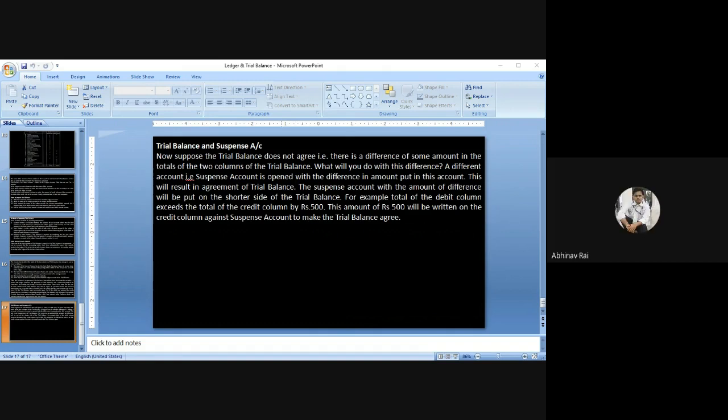नो सर। तो ठीक है, मैं इसकी स्लाइड आपको ग्रुप पे शेयर कर दूंगा, इसको आप पढ़ लीजिएगा। आज का हमारा टॉपिक था लेजर एंड ट्रायल बैलेंस, उसकी स्लाइड्स मैंने एक्सप्लेन कर दी हैं, और होपली सभी को समझ में आ गया होगा। कोई प्रॉब्लम हो तो मुझसे कंसर्न कर सकते हैं। आप स्टडी मटेरियल में भी चैप्टर और उसके एग्जाम्पल्स देख सकते हैं।